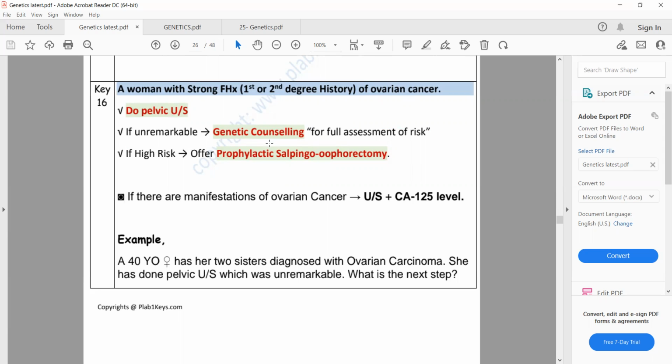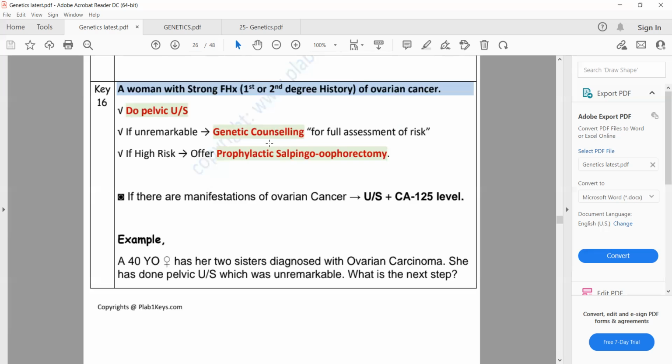So someone is worried about developing ovarian cancer because she has a strong family history of ovarian cancer, you will do pelvic ultrasound. And if pelvic ultrasound is unremarkable, you will do genetic counseling. And if the person is high risk after genetic testing, then you will offer prophylactic salpingo-oophorectomy. And if there are manifestations of ovarian cancers, then we have discussed in gynecology that we'll do